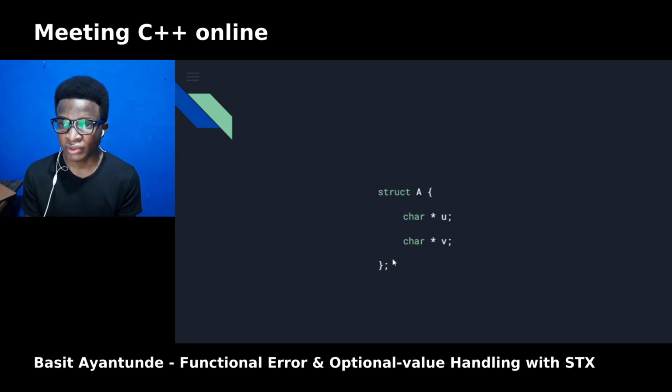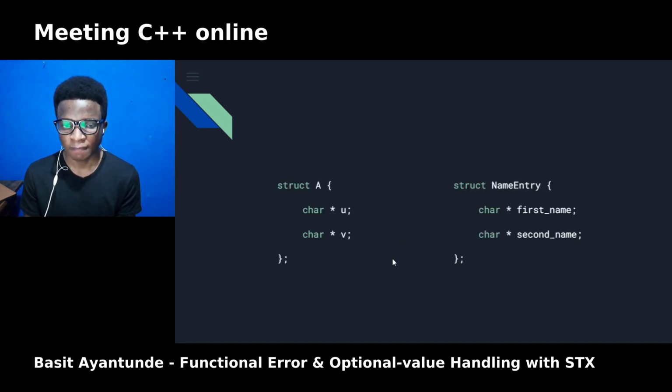I would like us to take a few seconds to look at this code and try to infer what this struct is meant for. Okay, now let me give you more context. Now take a look at it again.